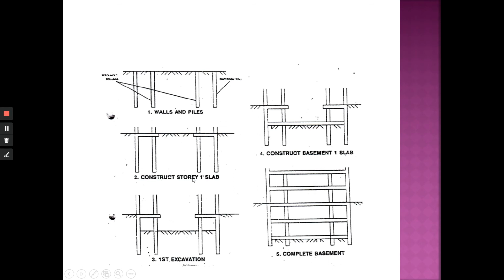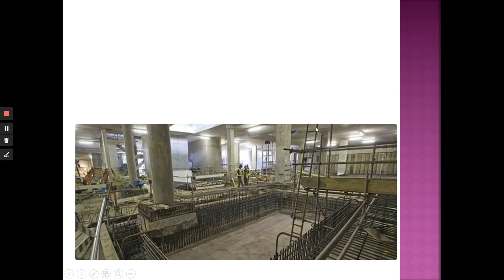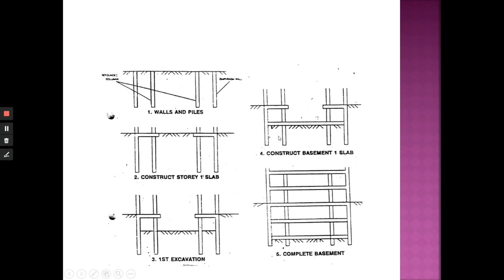Okay? And then they will, of course, do the excavation from here. Okay? And they will cast the second one, the first floor slab of the basement. But sometimes they don't really cast here. They will have another hollow here. And then they will proceed here to the second one. So it depends on how composite it is.